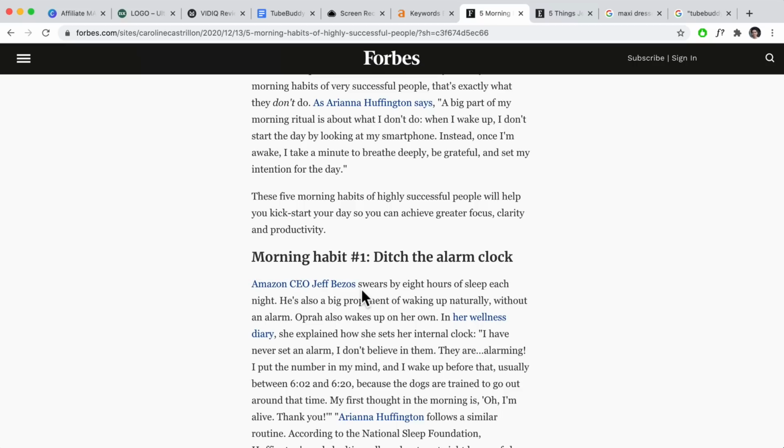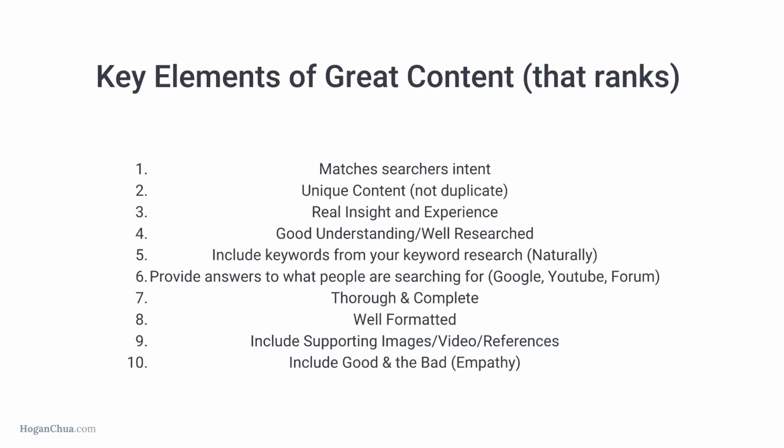So what we need to focus in on now is creating great content. I'm going to walk you through, step by step, exactly how to actually do that. There are a few key elements of great content. Number 1, which is probably going to be the most important one, is that your content should match the